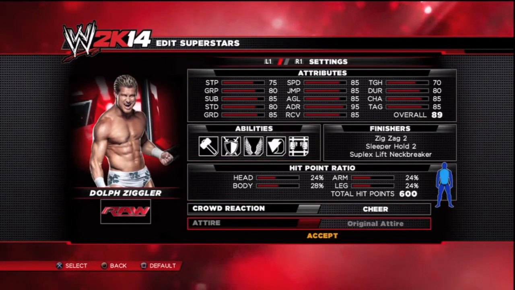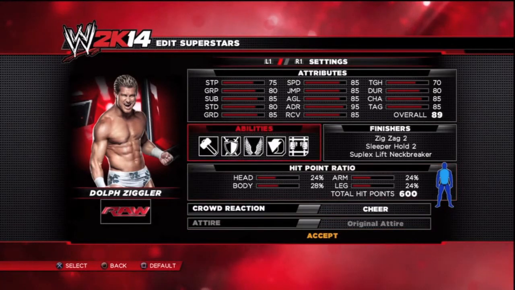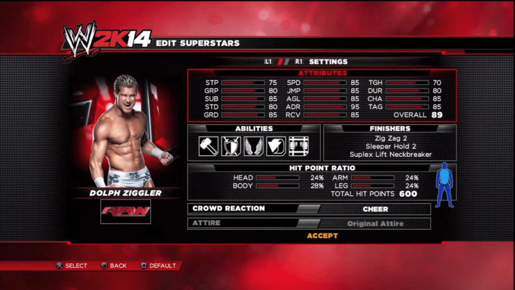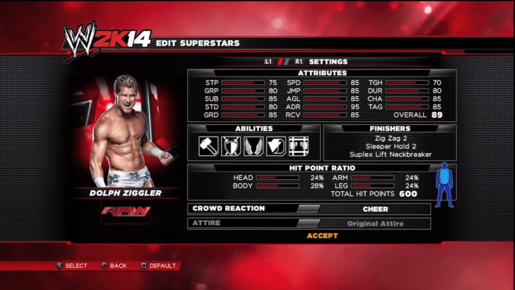It's just like the old games, and this is category number 1, settings. By pressing R1, you go to the next category, which is relationships. Now when you get to that category, which I will show you in a bit,